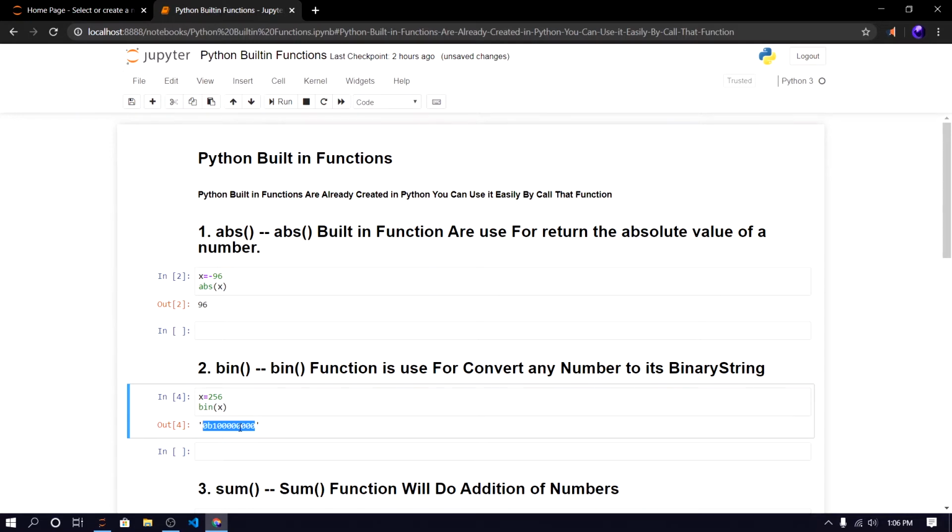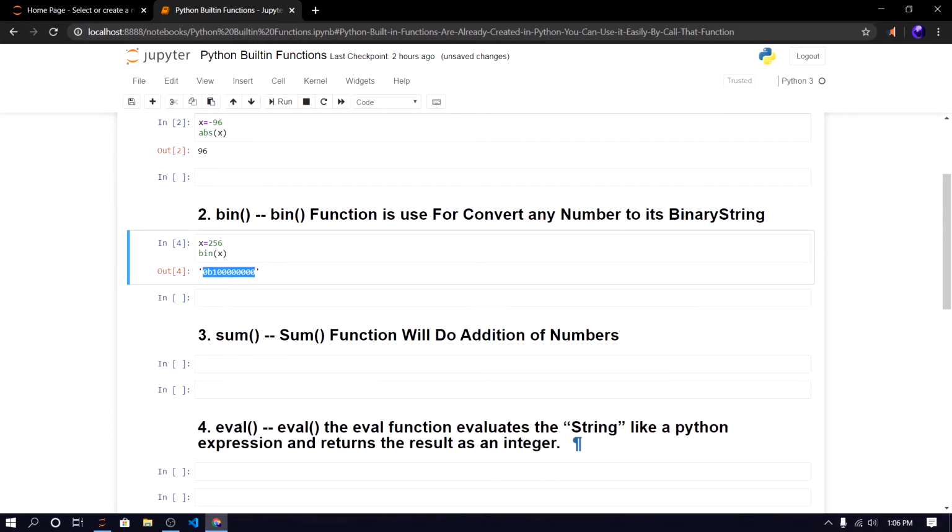So let's talk about another built-in function that is called sum. Sum will do addition of numbers. So let's say we have a list: 1 2 3 4 5 6 7. We all know how we can do addition of a list.